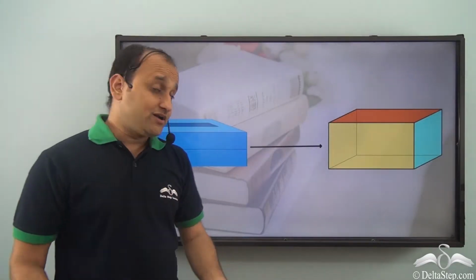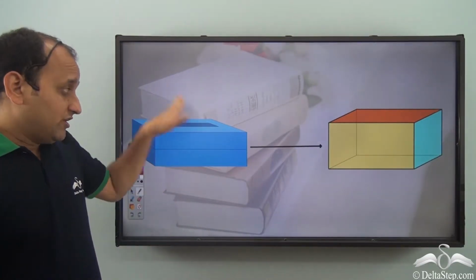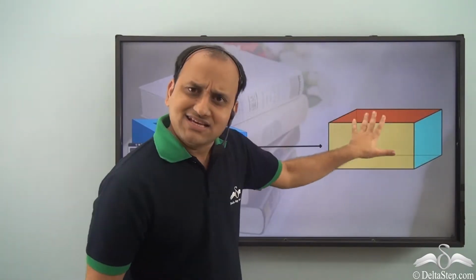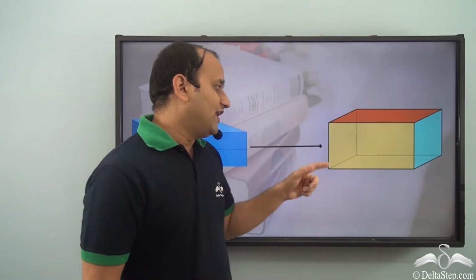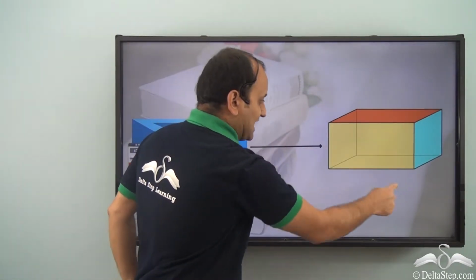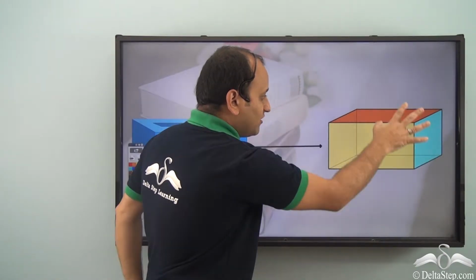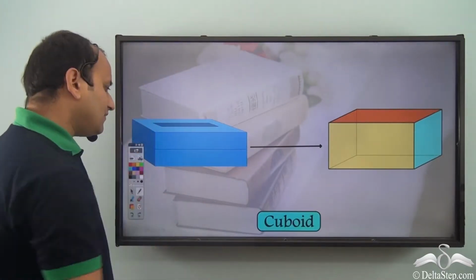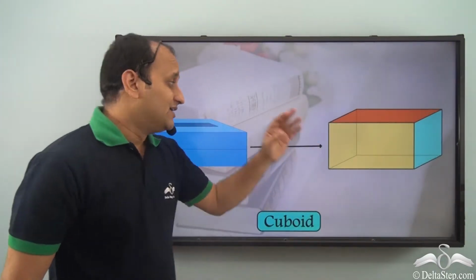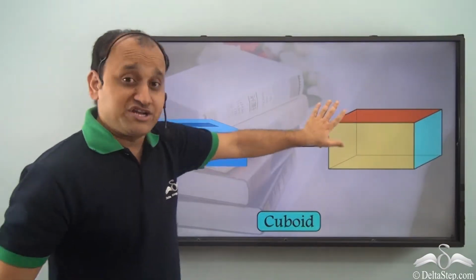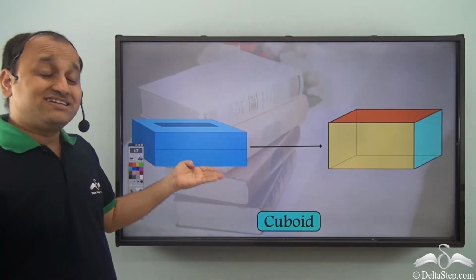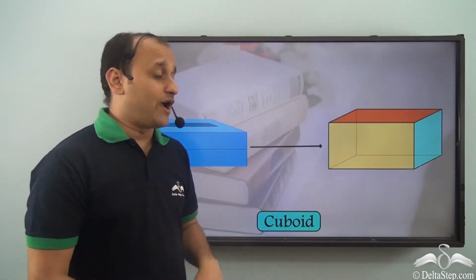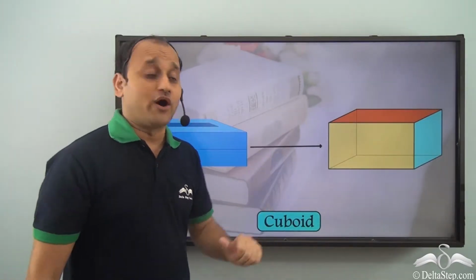Now, he also got a tiffin box. Now, tiffin box can be represented by this shape. Now, what exactly is this shape? What do we call it? Well, if you notice, it has a number of rectangular faces. So, it is made up of a number of rectangles. And we call it a cuboid. So, this is the cuboid shape. So, you can say that this tiffin box resembles a cuboid. So, the shape is cuboid.